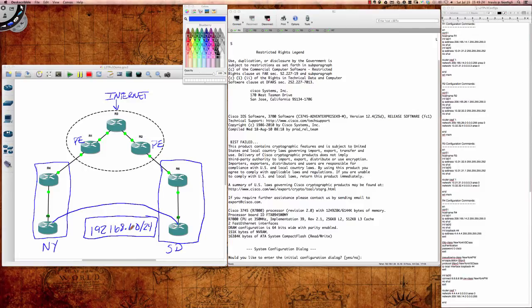Now, you're probably wondering, okay, well, there's got to be other ways to do this, and there sure are. So if you were using the Nexus line, you could do OTV. That's another way to extend your layer 2. But this demonstration is simply going to focus on